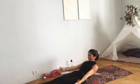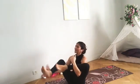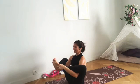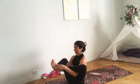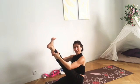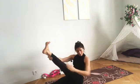And up. Breathe. Again. Feet in Parivrtta. Breathe. And up. And we can do this one just because it's fun, right? Rest a little bit right here. Very nice. And then maybe we can rest that right leg, and we can put that left leg up, but